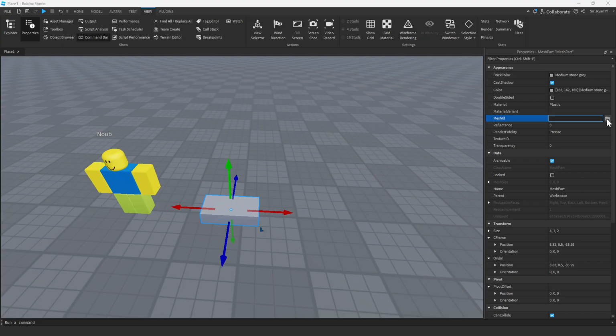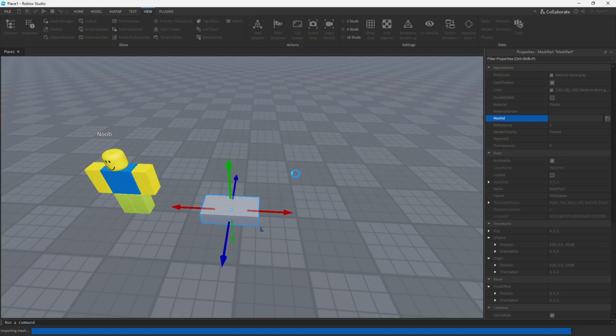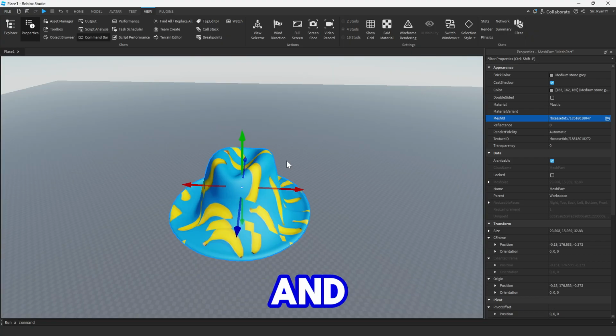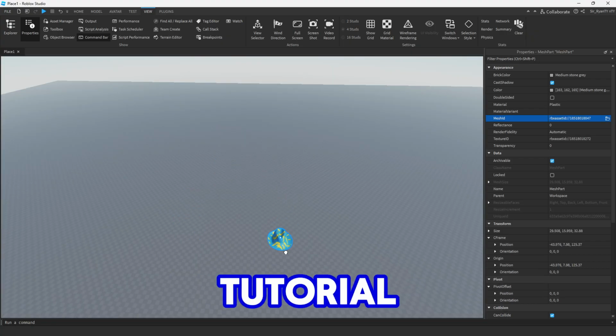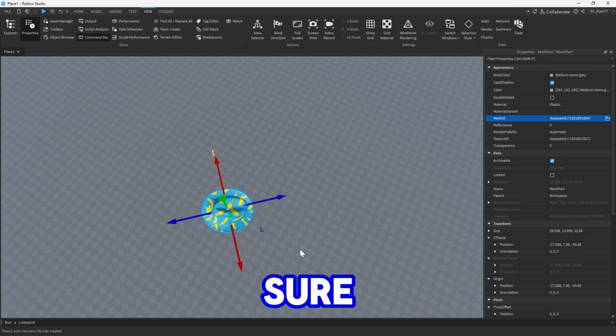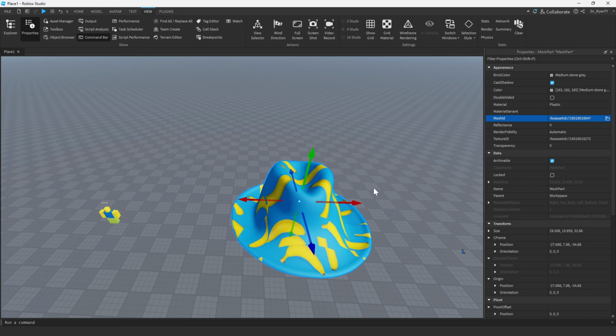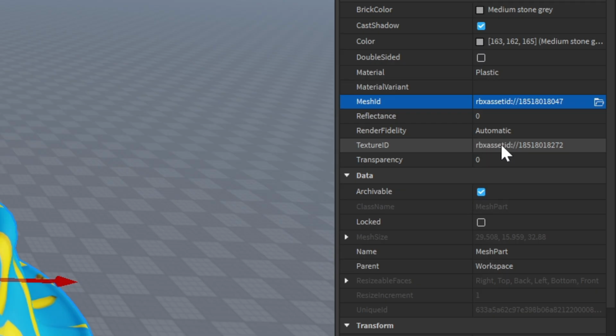So now this is where, if you have a model downloaded already, then good for you. For me, I have this one right here, which is already inserted. I've got the model and everything, and like I said, if you want a tutorial on how to get models that you can use, then make sure you subscribe because that video will be coming out soon. Okay, now sometimes the texture doesn't render, so what you're going to have to do is upload your texture to Roblox, and then you're going to copy the ID and paste it in here.